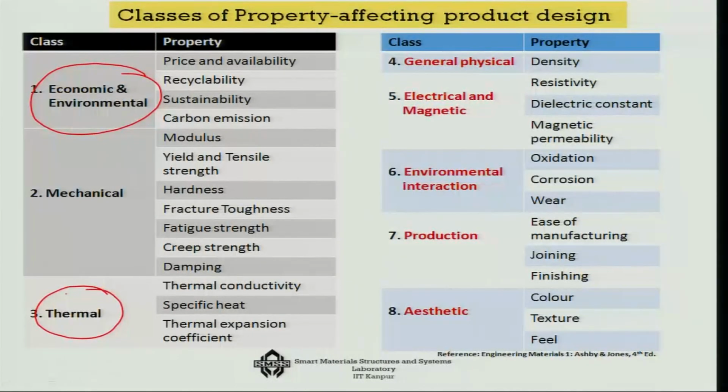conductivity, because if you think of the railway line example that I gave in the last class, if the railway lines have a high degree of thermal expansion, then the lines will have a high degree of thermal stress, because you have to contain that expansion, and that thermal stress will create failure in the lines. So, hence you have to choose a material which should have a reasonably lower degree of thermal conductivity.